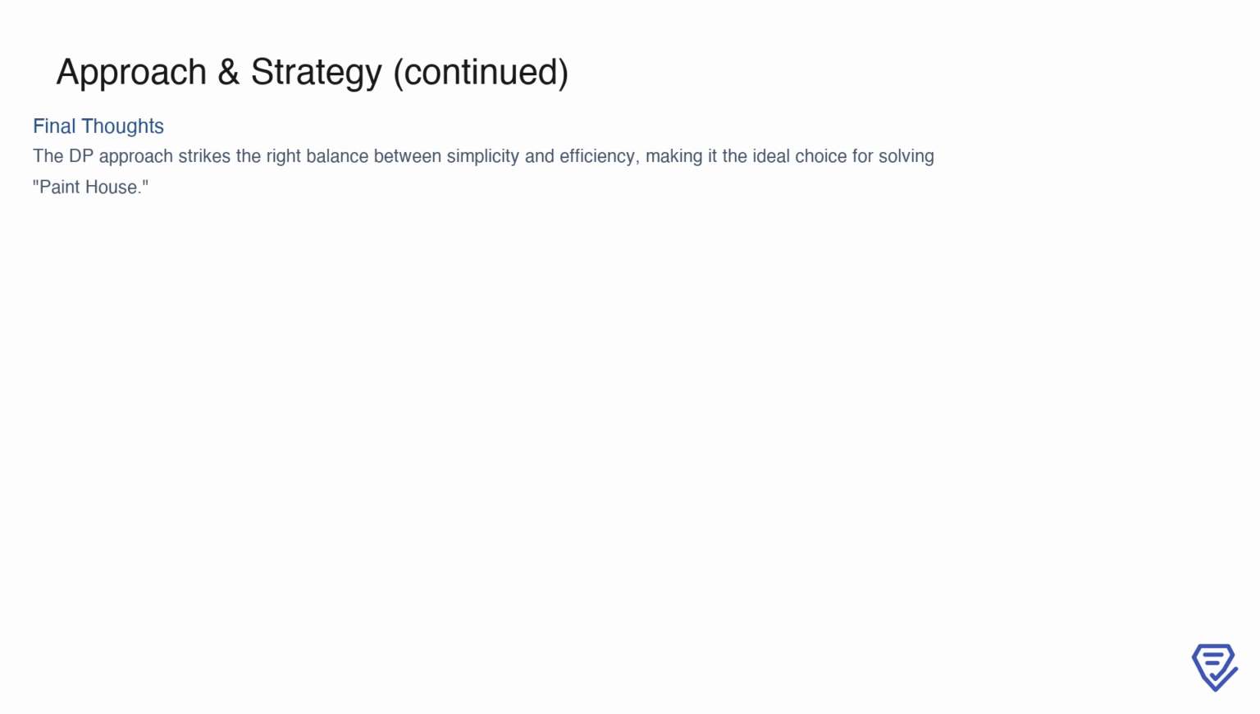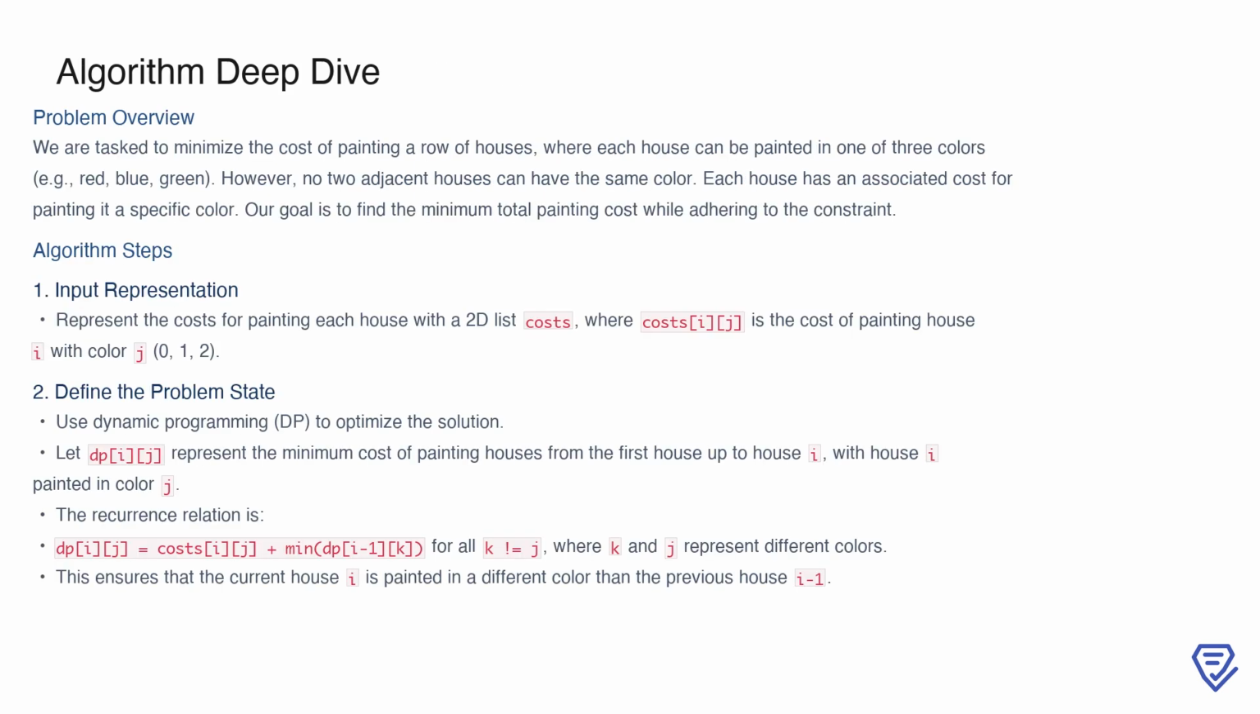It highlights the power of breaking down complex problems into smaller, manageable subproblems, and systematically solving them in a way that scales efficiently. This approach encapsulates the essence of dynamic programming and demonstrates how we can leverage it to tackle real-world optimization challenges effectively. In this problem, we aim to minimize the total cost of painting a row of houses,